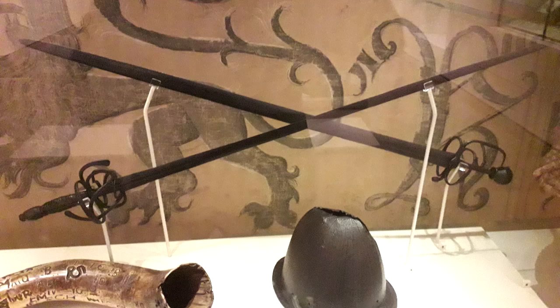So I think this picture and these two designs of sword basically give us a big clue as to what was happening in Scotland, particularly when we combine it with all of the political and military history that we discussed earlier. So most likely there were two strands of fencing, if you like, being practiced in Scotland. Some kind of cut and thrust fencing with basket-hilted swords. Probably similar to the sort of thing being described by George Silver,